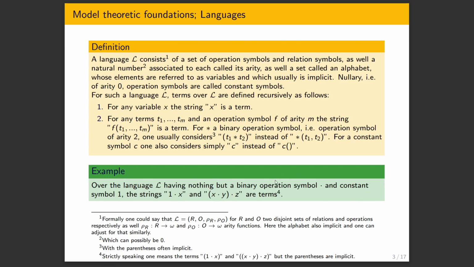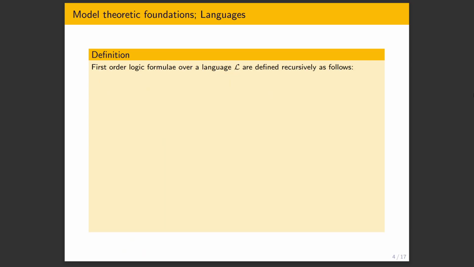But yeah, so terms are just obvious things. Now we can consider them over arbitrary languages. Now we have that, and we're going to want to express statements in a language, and for that we need to first introduce something which is called a formulae, or a formula, and the plural formulae. And this is also defined recursively. First of all, for any terms over the language L, we have this following term that they quote unquote equal a formula.